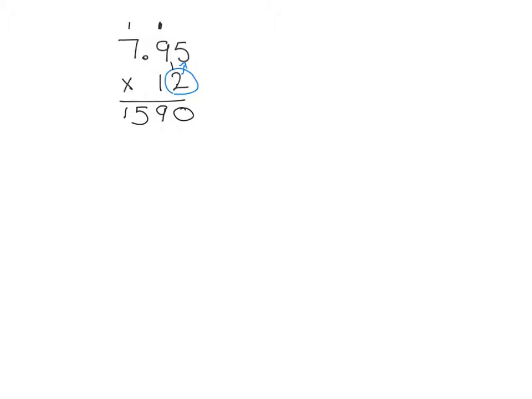Now here's the key idea. When we go to deal with this value, the 1 here, what we need to do first is fill in a 0 because we're dealing with the tens place. It's really like 10 times 5, which is 50, so we have to start with a 0 there. Now we're going to multiply this 1 by all of these numbers up top. So 1 times 5 is